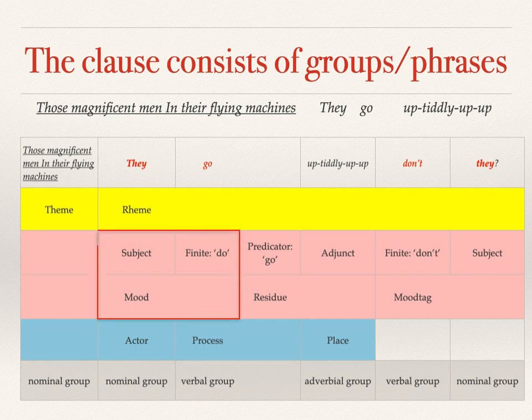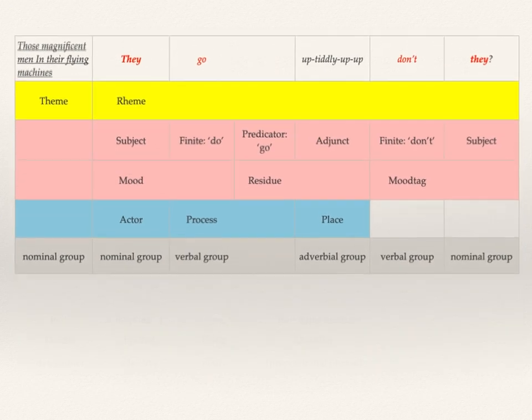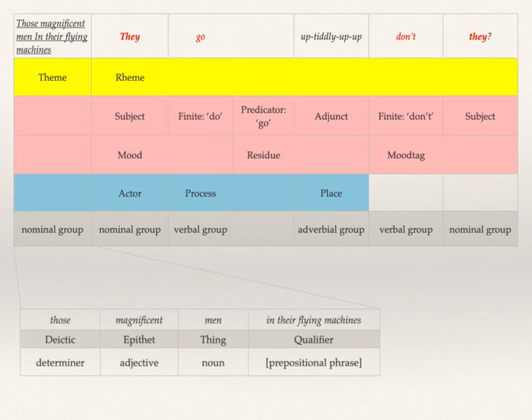So we'll see that the combination of subject and finite is very important in English when we look at the clause as a move in dialogue. And as I said, we can identify it, we can recognize it by checking what the question tag or the mood tag would be. So in this clause then, the three strands of meaning, the physiology of the clause involves three different strands of